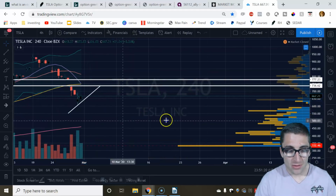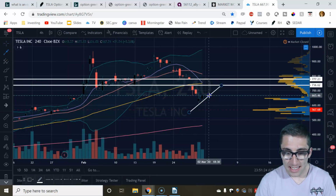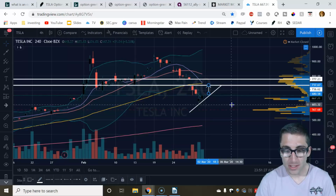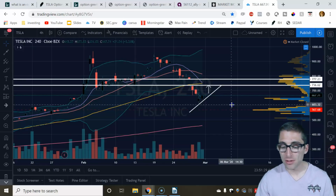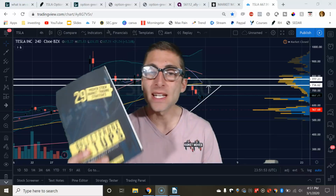And the reason why I knew that is because I study these patterns. I know the best ones. And I know that we're probably going to reject the gap fill. We're either going to move through it quickly or reject it. I'm more prone to think we're going to reject it. This is mainly because I've been watching the stock market for 5 years and I have 29 of the best